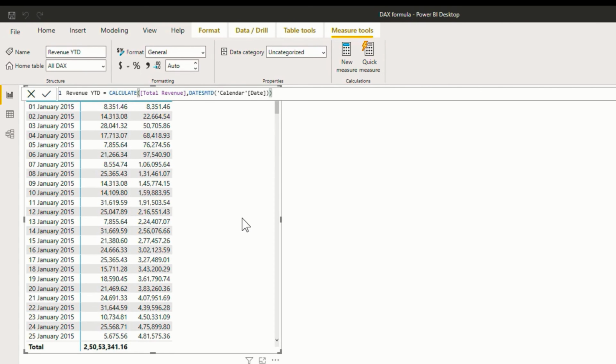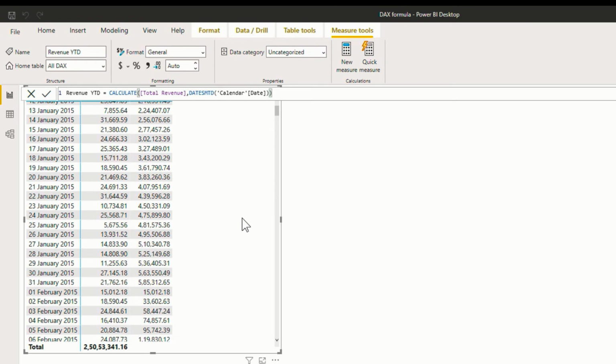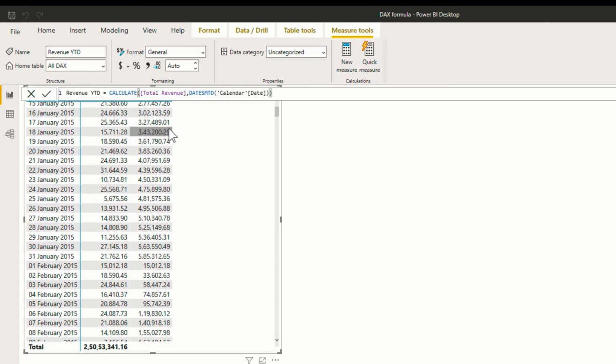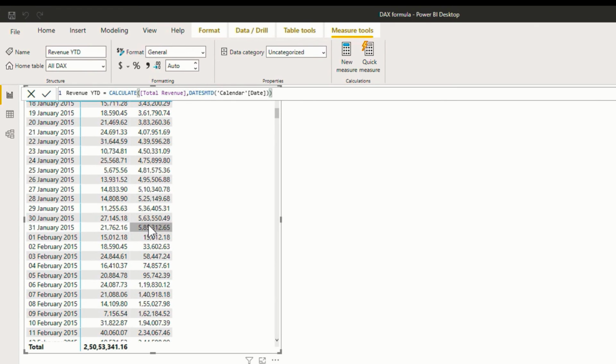And we can see over here that it performs a similar calculation as in the case of YTD, but the only thing is it starts from the 1st of every month and keeps on adding until the last day of that month. And once that month ends, like you can see over here, 31st January is the last day of the month, it also ends the aggregation there, and starting from the next month it starts a fresh calculation.